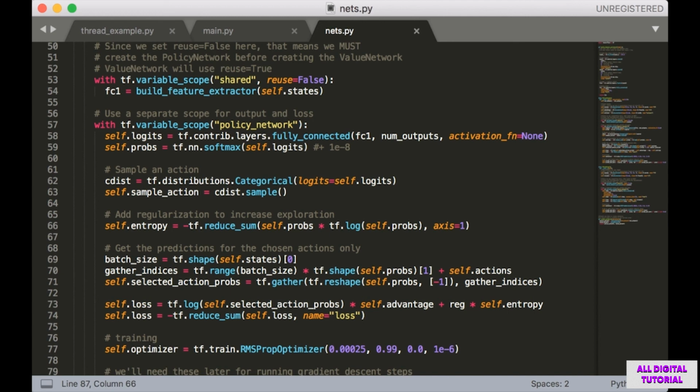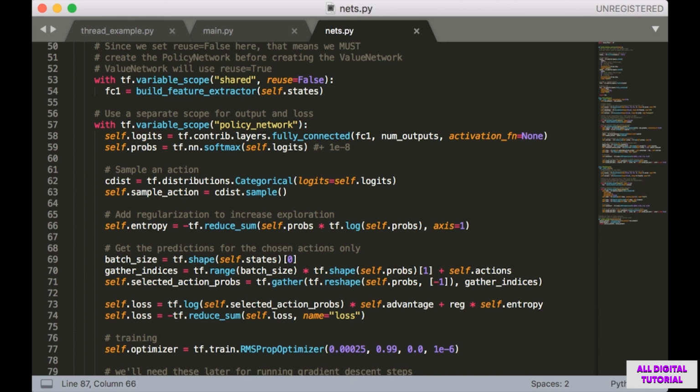As usual, the next thing we need to do is build up our cost function and then create our minimizer. Of course, creating the minimizer is not so simple in this case because we know that the gradients for the worker networks will be used to update the global network, but more on that later. In terms of the output and cost, there are still a few things we have to do.